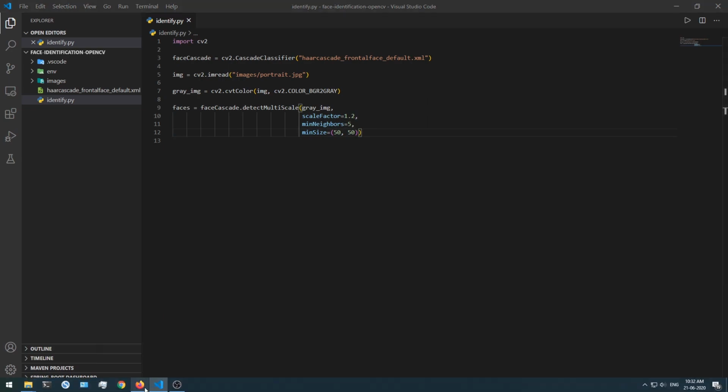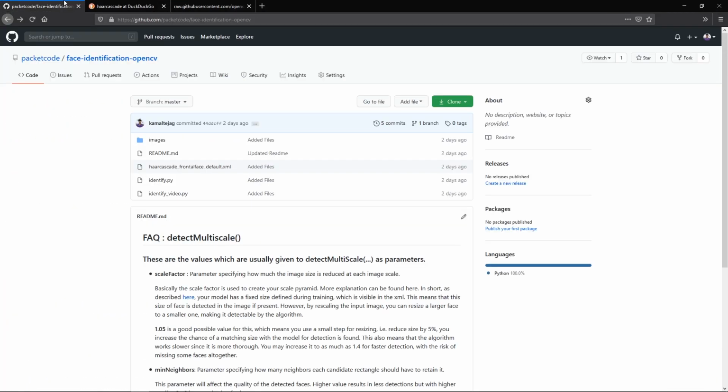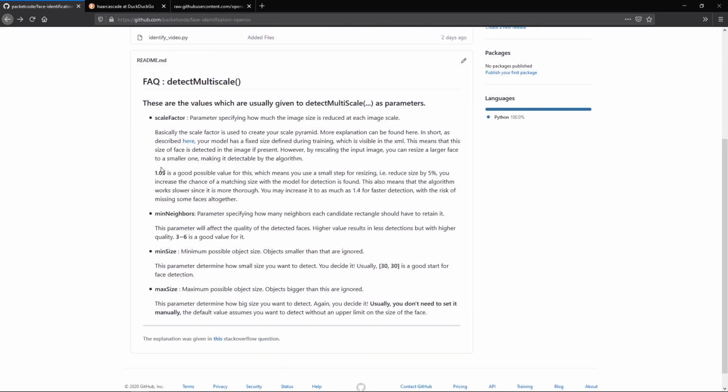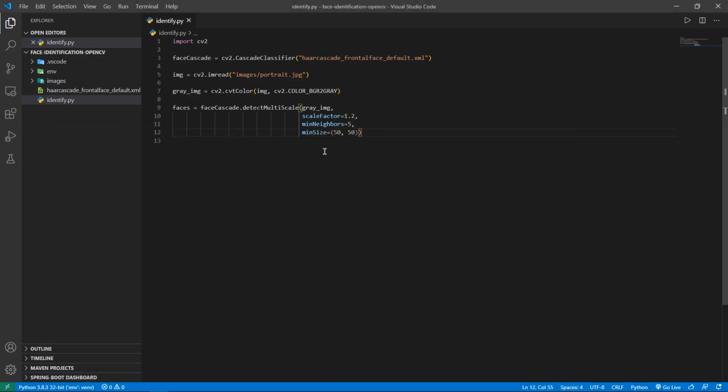If you want to know more about these two things, you can go to the GitHub repository where this project is uploaded, and in the readme section you have all the parameters you can give to this method, also explaining what you can give to that input and what is actually good to identify the face. You can give it a quick read through, and once you have the idea, you can tinker around with these two parameters so that you can get an accurate prediction of the face. These two generally depend on the location that you are in right now, that is the room and the lighting conditions. So you have to tinker around with this a bit so that you can get a pretty good prediction.